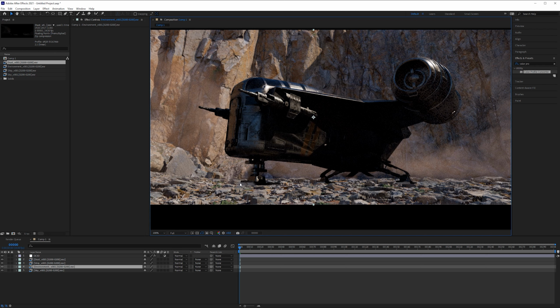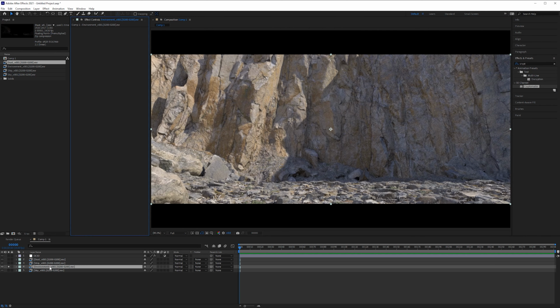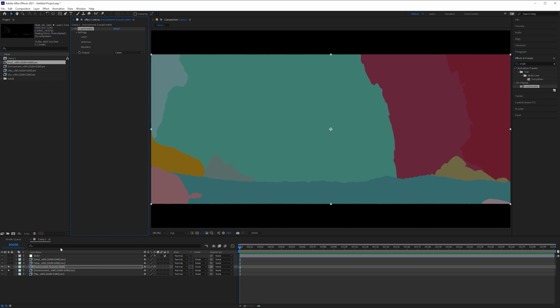If your camera is higher looking down, what you need to do is go back into Maya and include the ship matte on your environment. But in this case, I wanted to show you a different way of doing that. So this is going to depend on how you've set this up. If you have set this up like mine and the camera's pretty low, you can do the following. You can grab what is called a Cryptomatte. You would go down to your environment, you would duplicate your environment, click enter, and then you would say environment ground matte or just ground matte. And then you can grab the Cryptomatte on that ground matte.